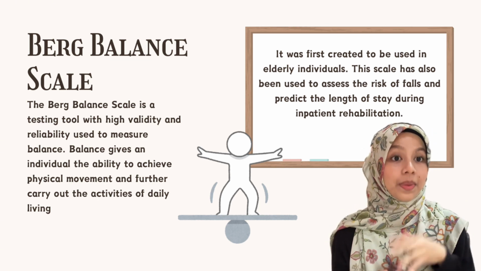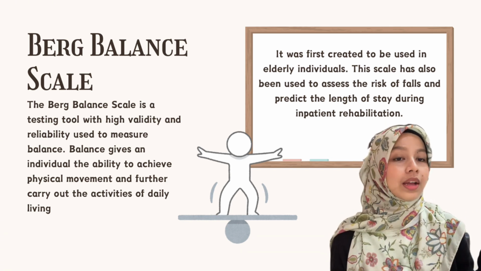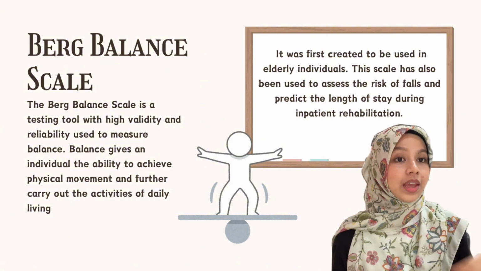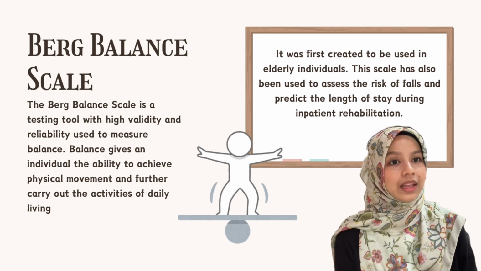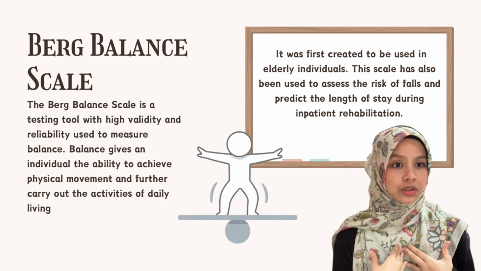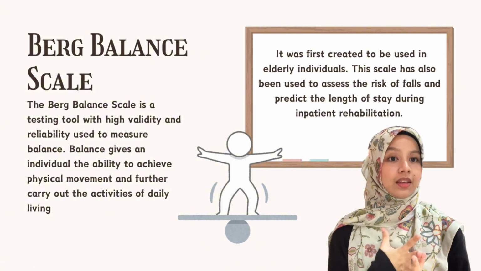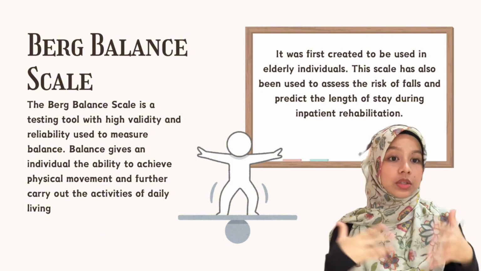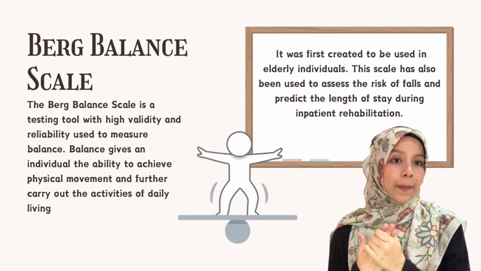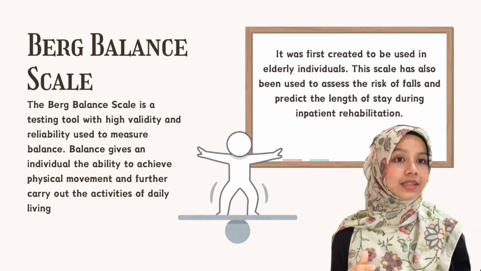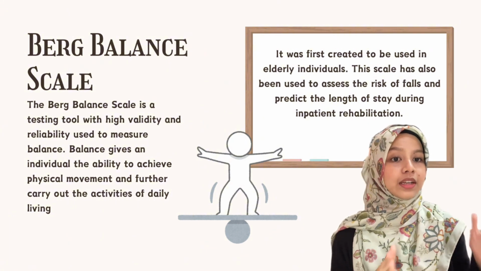So here we know that balance is important in our daily lives. When we lose our balance, we can't walk around safely and we can't eat on our own. We need assistance, we need help from others. It may be hard to continue our living when we lose our balance, right? So the Berg balance scale helps. It was created to be used basically for elderly individuals because they're more likely to lose their balance. And this scale has also been used to assess the risk of falls and predict the length of stay during